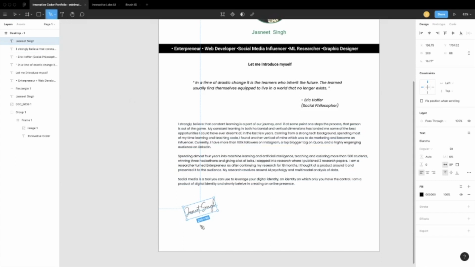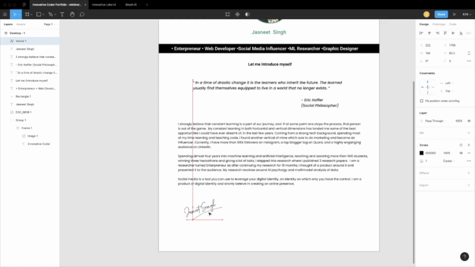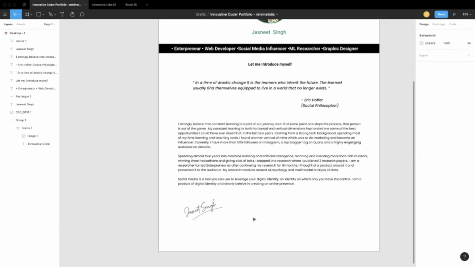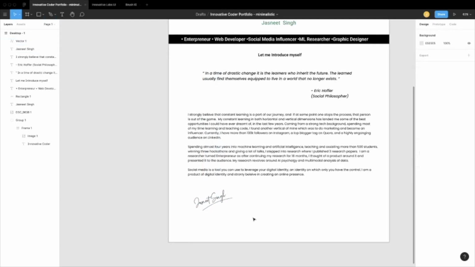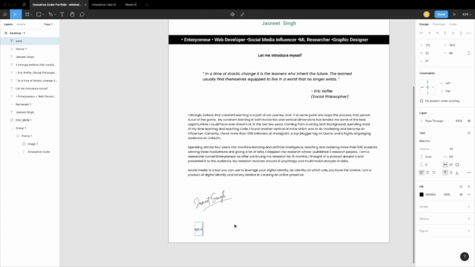Let me just give it a, what do you call it? That stroke, or what's that called? What's this thing called actually in a signature? Yeah, this looks good. This looks exactly the same. Now I'll just have the designation. I'll just give Jasneet Singh, and this is founder,